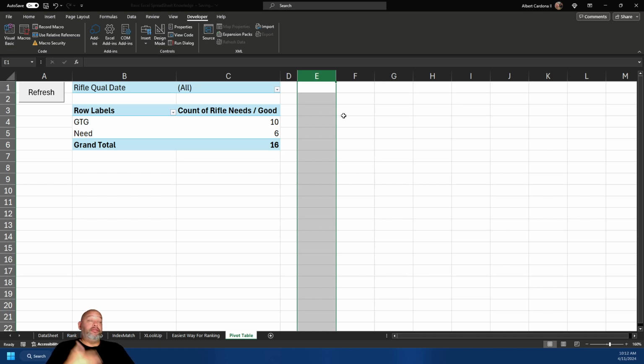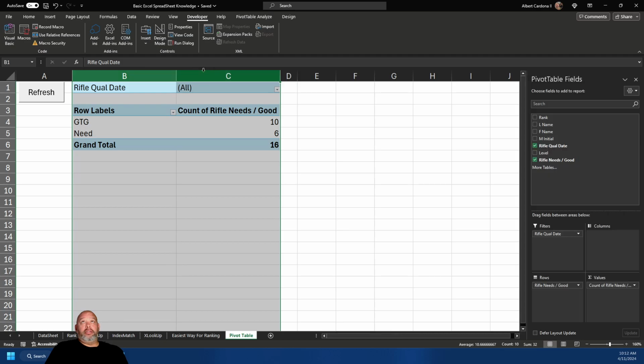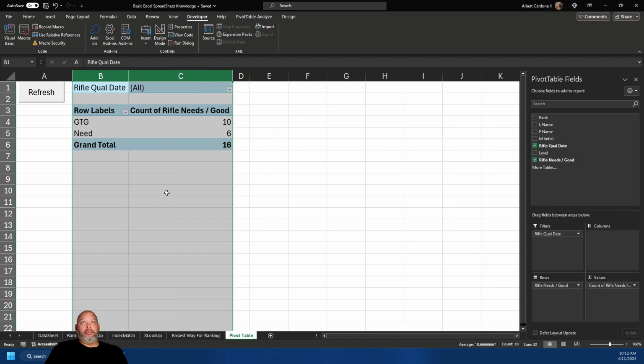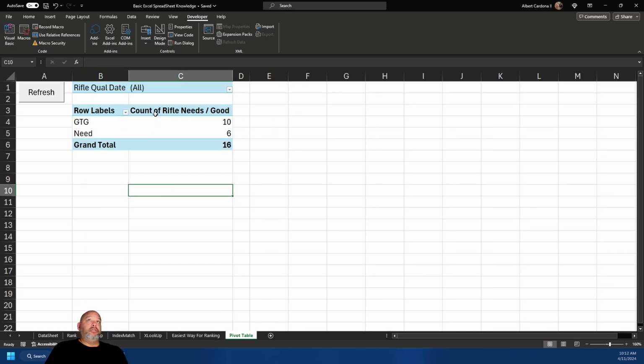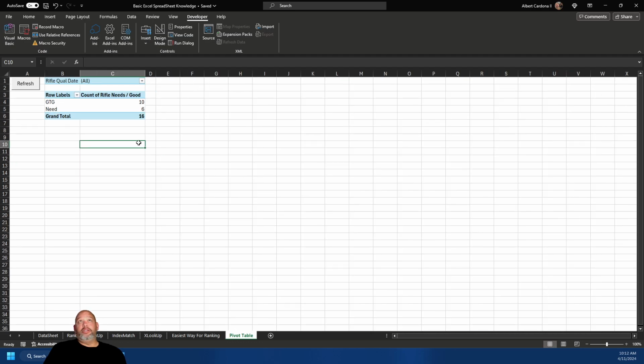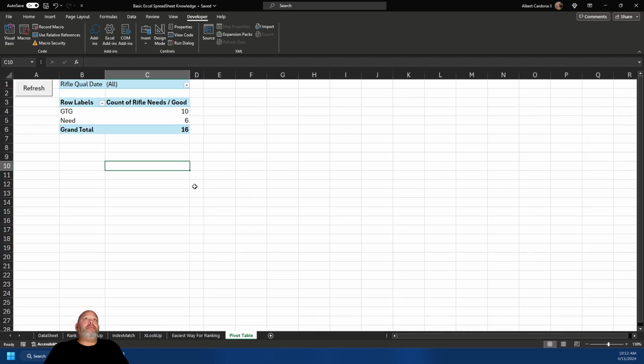It'd be a new pivot table with the same information, but instead of having a rifle qual date, it'll be swim qual date, suicide awareness date. And you'd be surprised. We have like 30 or 40 trainings, could be more. But I also like to do this, and I like to make this neat. So I like to make it minimal if possible. And of course, it wouldn't be this big. This is 160%. We'll be going down to 100%, so it'll look like this. I might personally make it 130%,